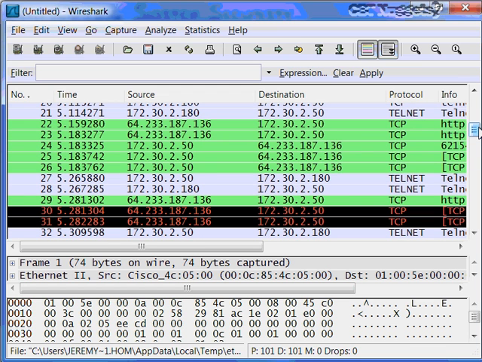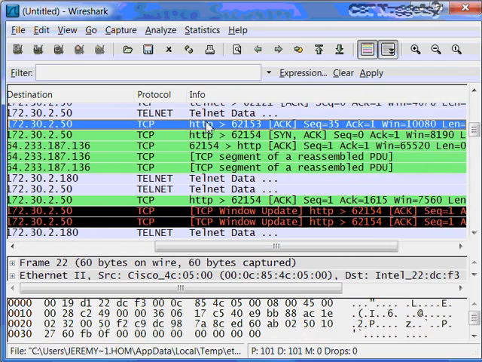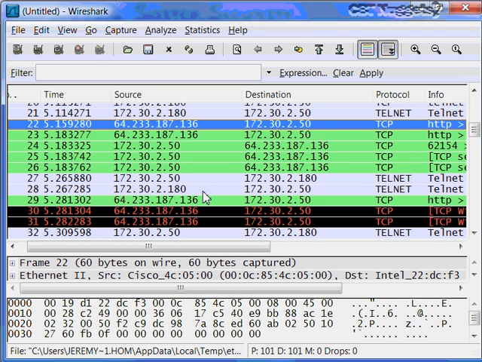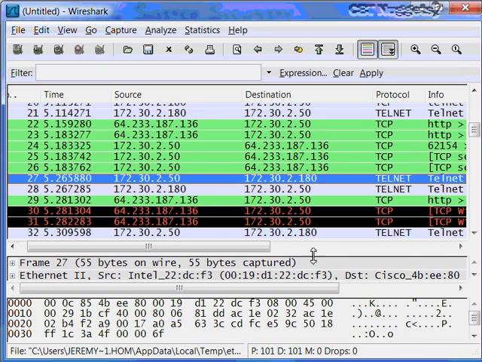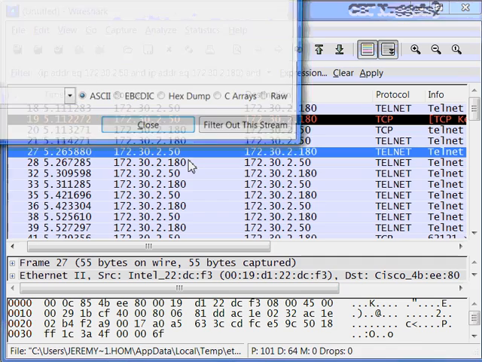And you can see right here, it's capturing packets, and it notifies me that this is the protocol of Telnet. And I can see some TCP stuff. It looks like in the background, my computer has a web browser connection of some sort open, and I'm just looking at, yep, it does. So it's capturing some web traffic, but down here, it's showing the packet captured from the source address 172.32.50 to 172.230.2.180. Now, if I were to go to follow TCP stream,